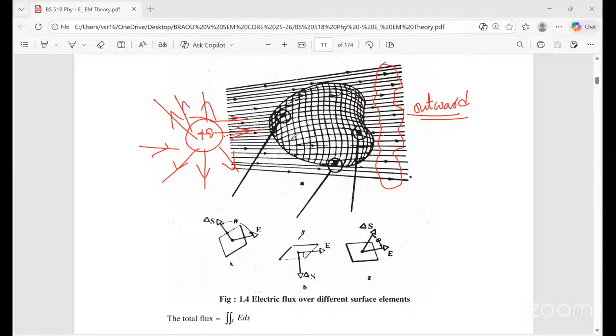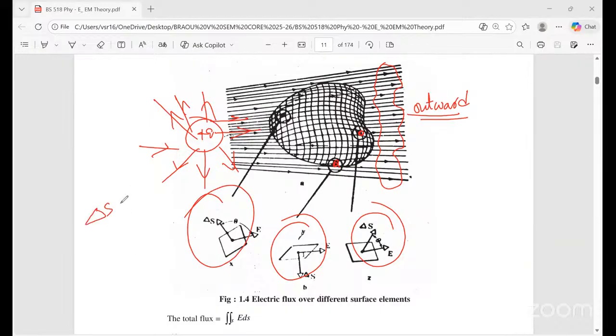So in this, if you imagine a closed surface, the surface may be divided into a number of infinitesimal areas. Infinitesimal areas, this one, this one, this one. Infinitesimal area is delta S, approximately dS, which is nothing but dA. Okay. Integral dS is A, the area occupied by the